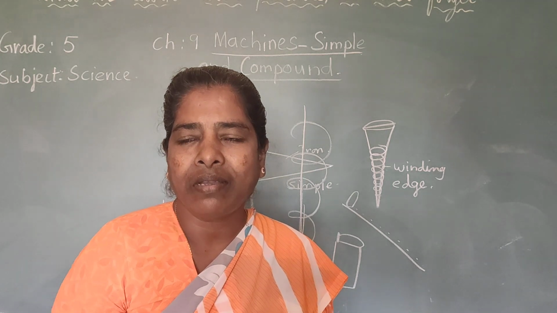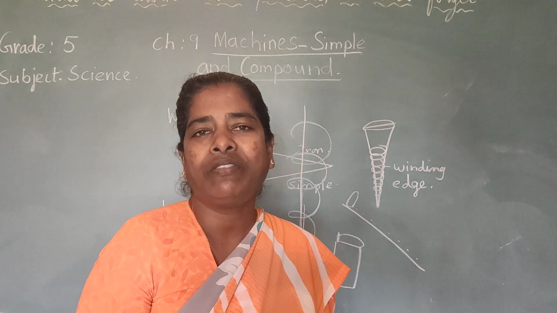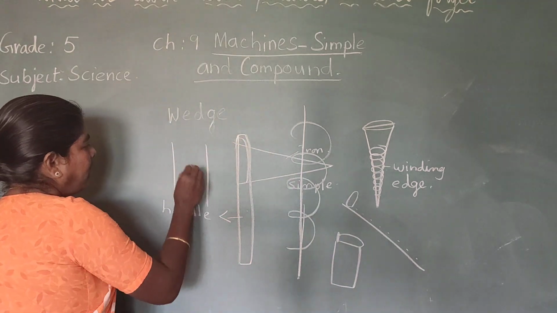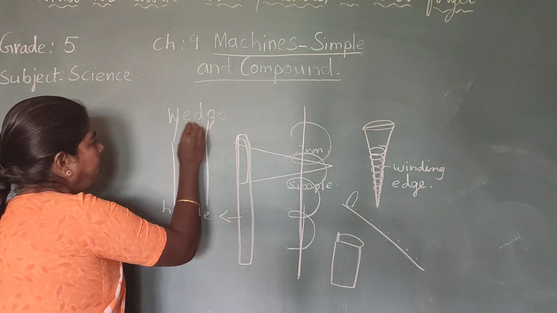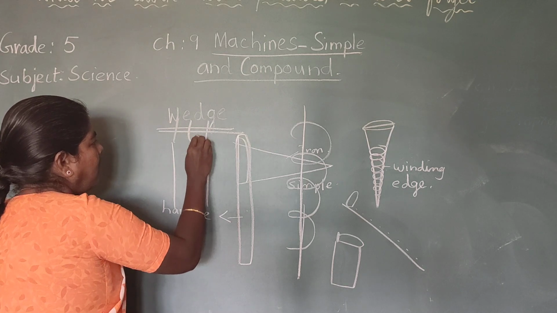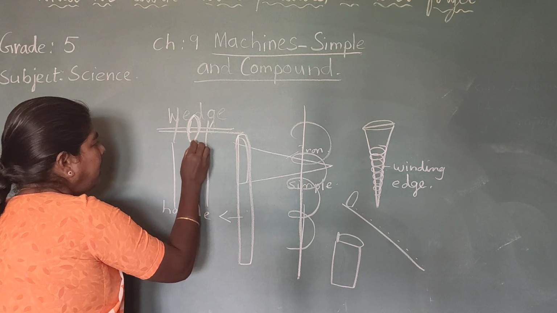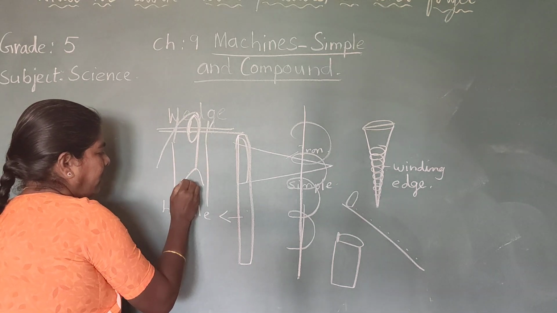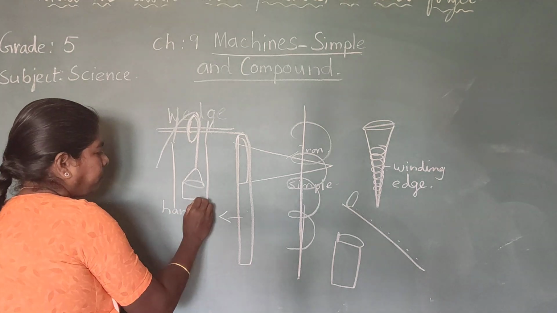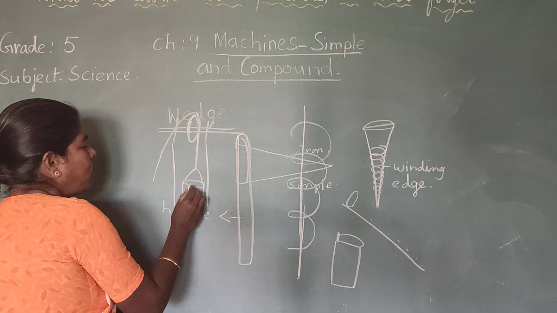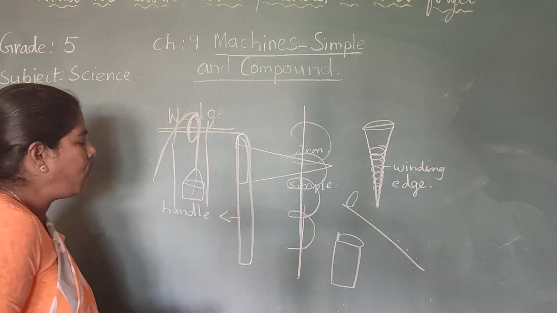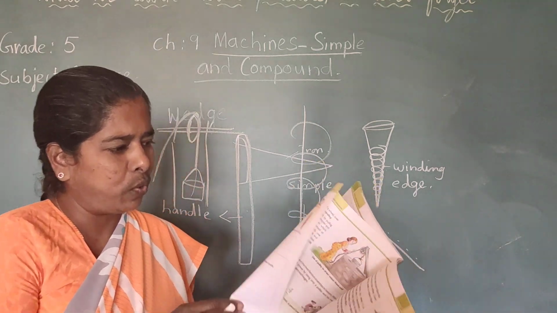But in the villages, they draw water from the well, children. How will they draw that? On the well, one arrangement will be there, like this, a wheel. Here, they will put a rope, children. For that, they tie the bucket and draw the water. Okay, this is called what? Pulley. That is only known as pulley.